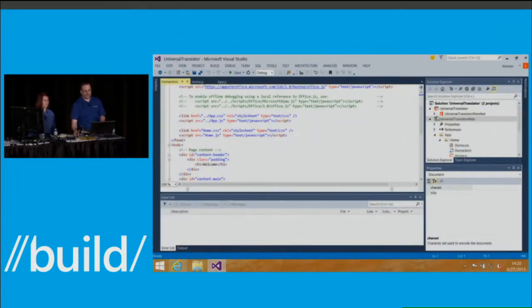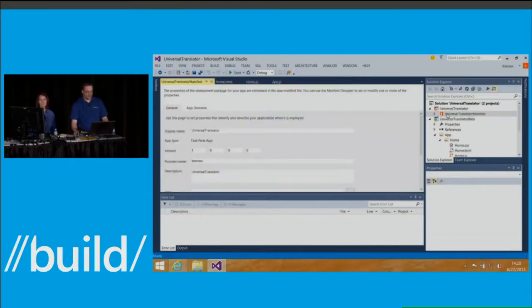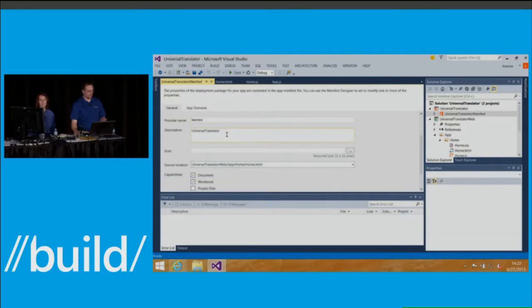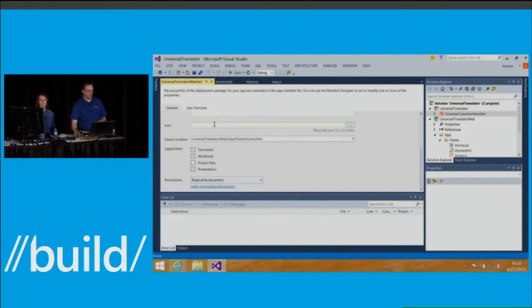So very similarly, if you take a look at the manifest file itself, you have a display name, a version, who wrote it as the provider. Pretty simple type of functionality here. You'll specify the source location, and that's the key thing, that source location. All that is just a web URL. It could be any URL that you actually want to specify that's going to get pulled down into your